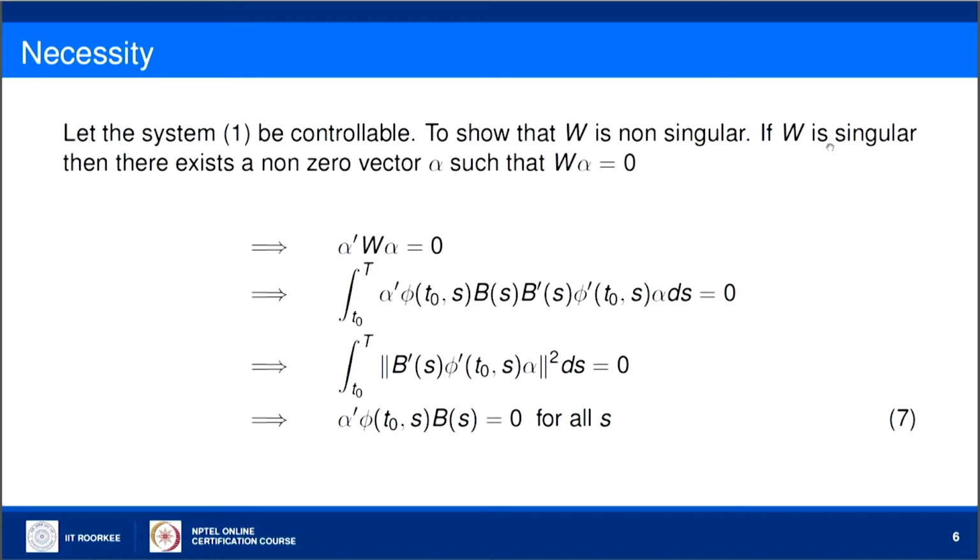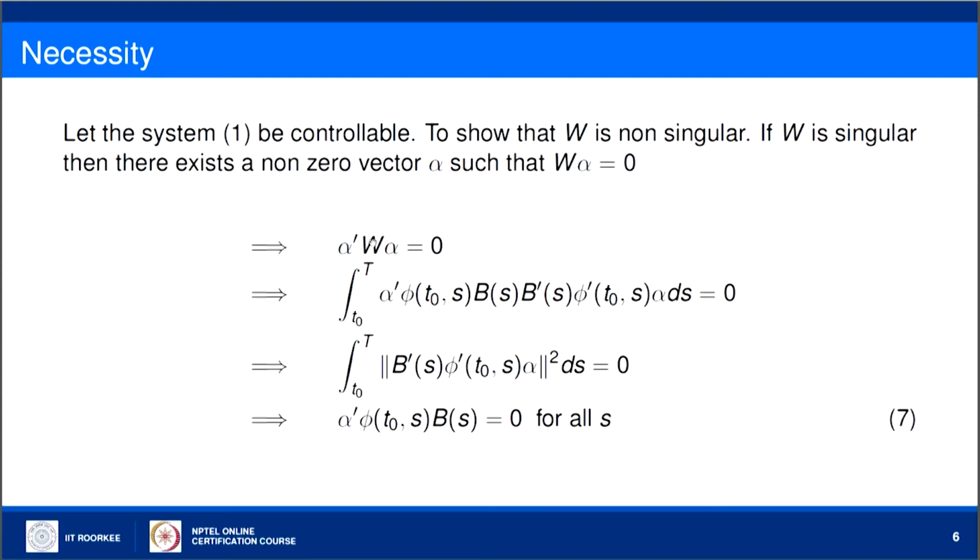If a square matrix is singular, then we will obtain a non-zero vector alpha such that W alpha equal to 0, where alpha is in the state space Rn. Now, if you multiply both sides with alpha transpose, we get alpha transpose W alpha equal to 0. Now, substituting the expression for W, we will get the integral from T naught to T of alpha transpose